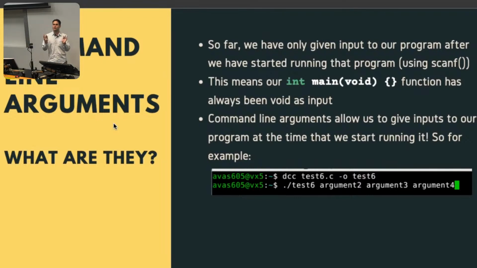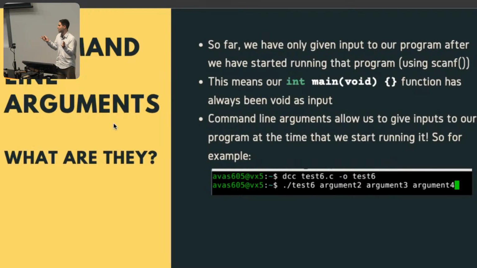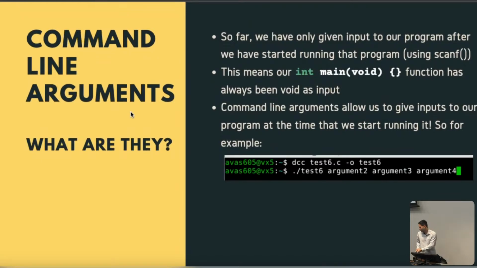So who's familiar with the make_dir command on the command line? What does the command do? It makes a new directory. And what does it need to know? The name of the directory. And how do you pass that context to the make_dir command? Well, just think about it. If you're on the command line,